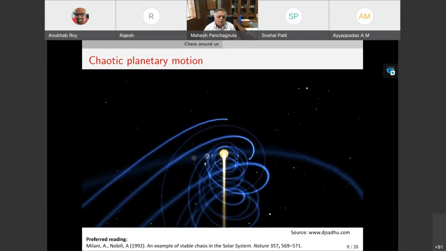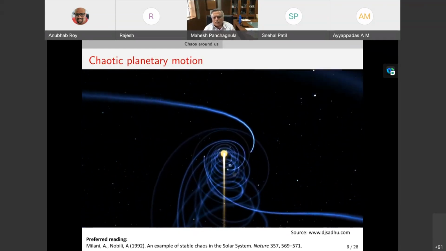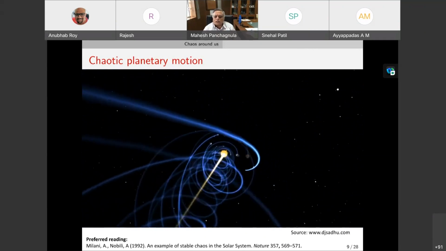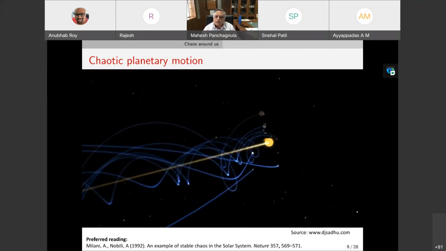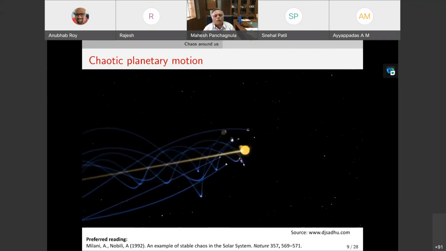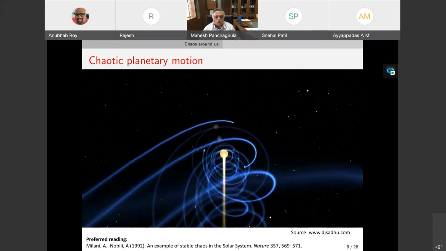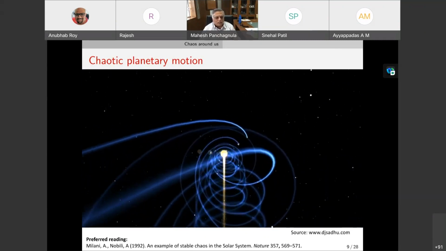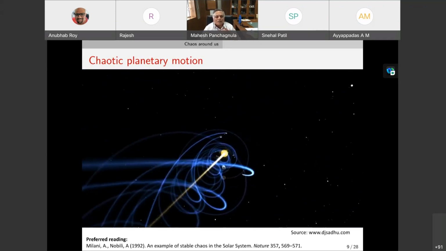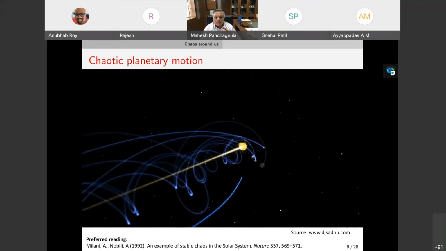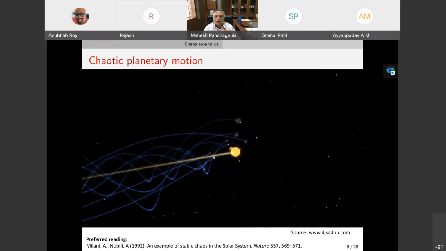I'm not going to dwell much on a lot of these models. You saw the double pendulum. The double pendulum is basically a two mass, two body problem, as they call it. And our solar system is at least a 10 body problem. If you include all the moons, then you have a much more complicated system. And if a two pendulum system cannot be guaranteed to be in a stable motion, isn't it a miracle that our solar system is still showing some time periodic motion?